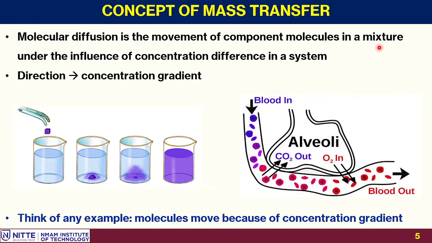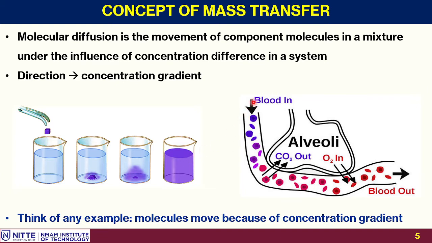So, you have a mixture, you have individual molecules that can move. As an example, if you take a beaker of water and put a colored salt cube, or maybe some drops of ink also, gradually over time you can see the color diffusing through the liquid, which is static, so the entire liquid becomes colored after some time. It takes some time for this operation to occur.